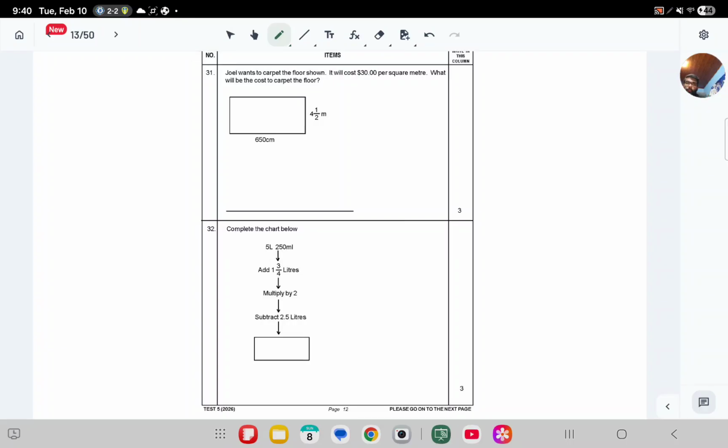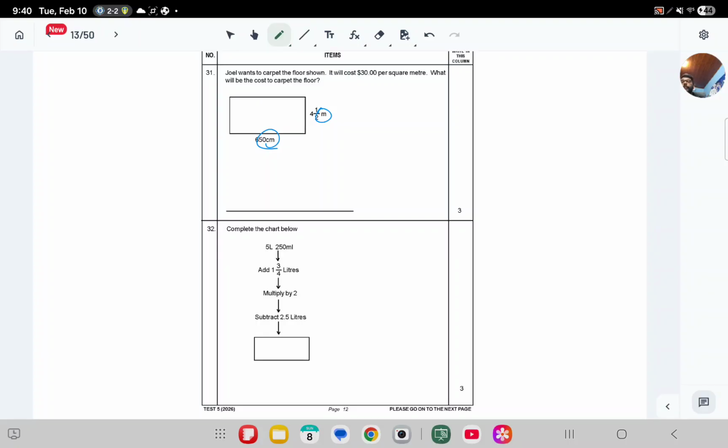Joel wants to carpet the floor shown. It will cost $30 per square meter. What will be the cost to carpet the floor? Well, if you're carpeting a floor, that means you're covering the surface area. So therefore, we need to find the area. We have two different units, centimeters and meters. For me, it will be easier to work in the meters. So I will convert the